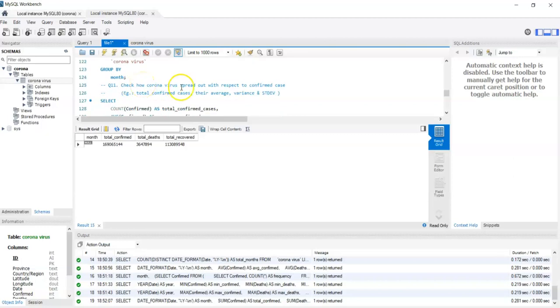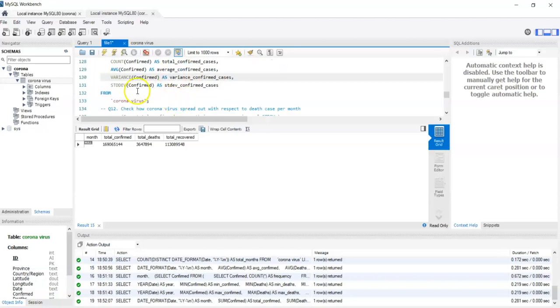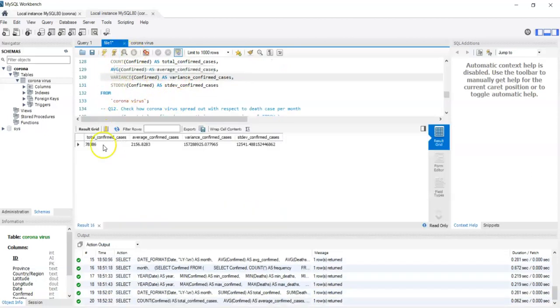Then check how coronavirus spread out with respect to confirmed cases. So we have taken the total case, average case, variance of confirmed case, and standard deviation of confirmed case. Based on that, we have calculated the total cases 78,000 as we have seen. Average cases also we have seen, 2,156. Variance is so big, and standard deviation is 12,541.